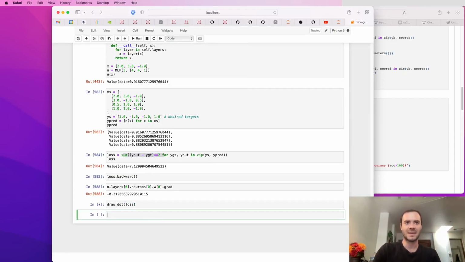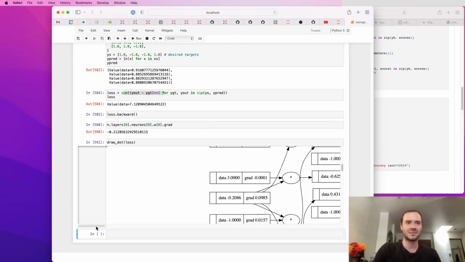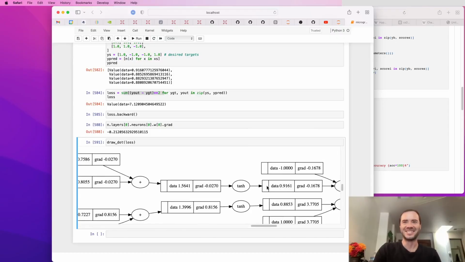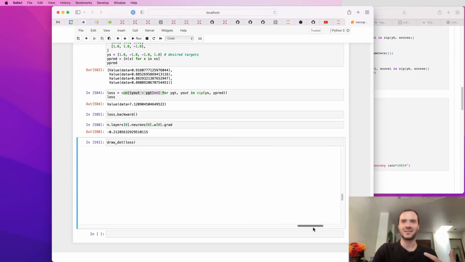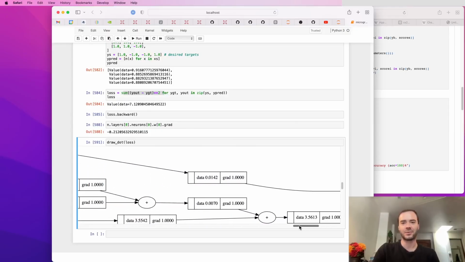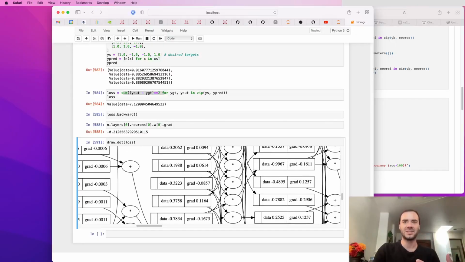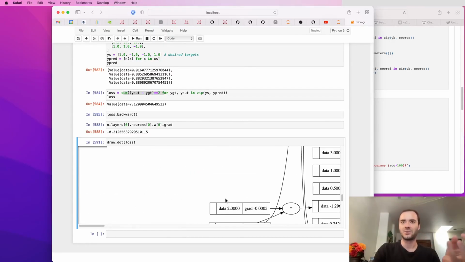And so this is a really massive graph because this graph that we've built up now, which is kind of excessive. It's excessive because it has 4 forward passes of a neural net for every one of the examples, and then it has the loss on top, and it ends with the value of the loss, which was 7.12. And this loss will now backpropagate through all the 4 forward passes, all the way through just every single intermediate value of the neural net, all the way back to, of course, the parameters of the weights, which are the